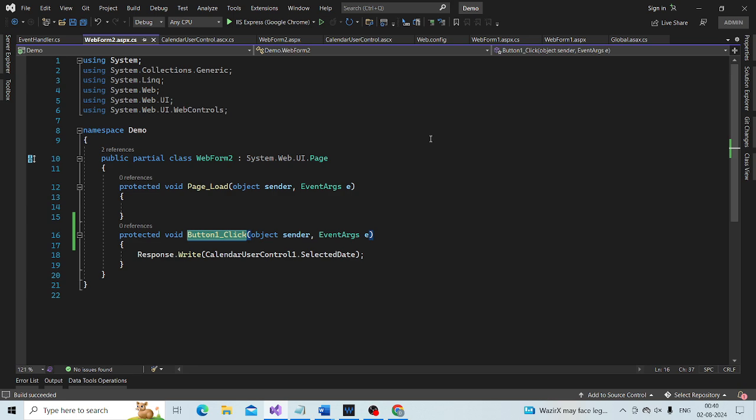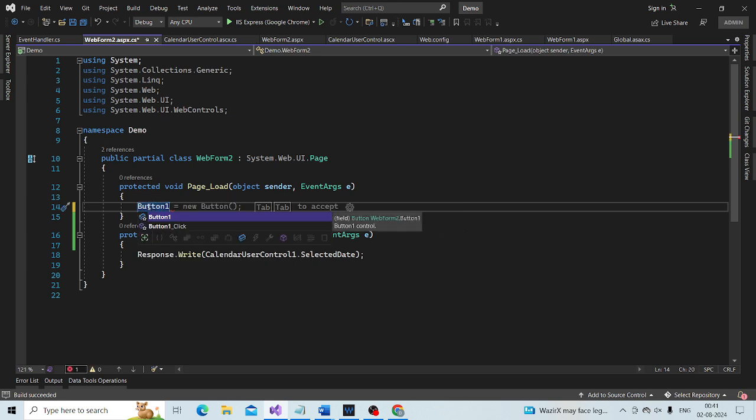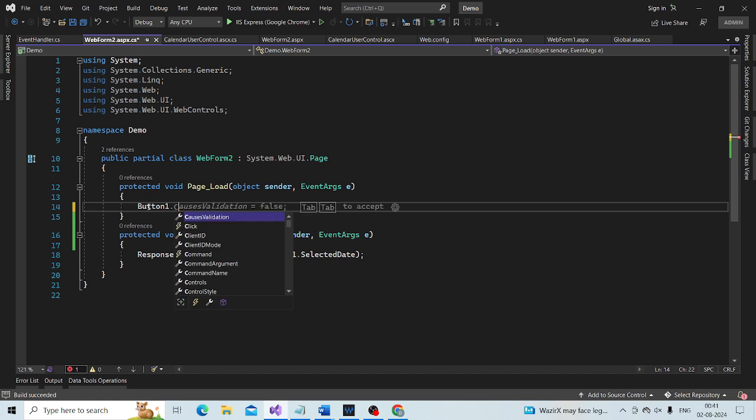Look at the lightning bolt. If I type button1.c, look at the Click event, with the lightning bolt symbol there.